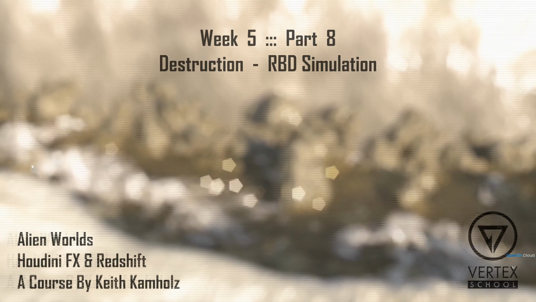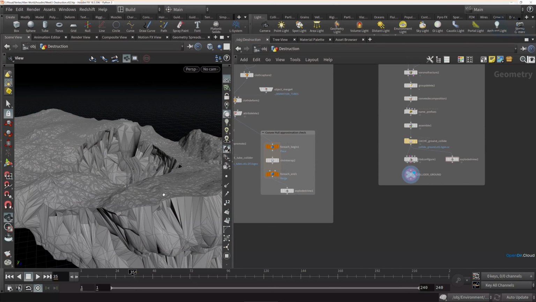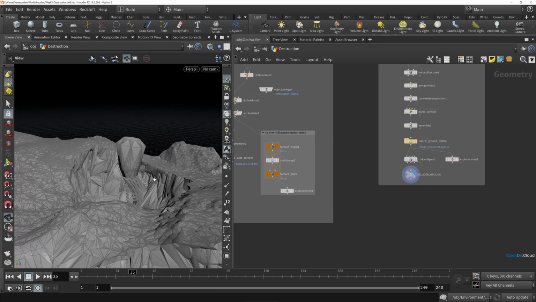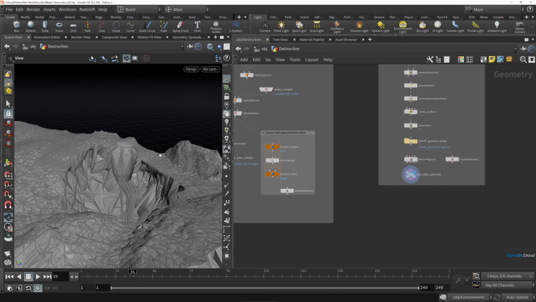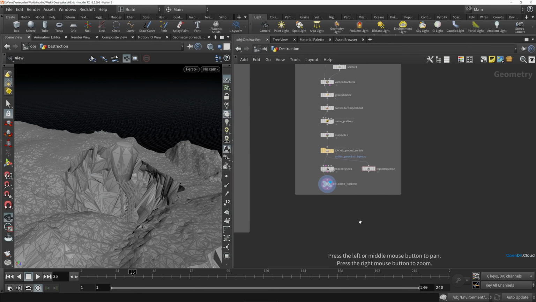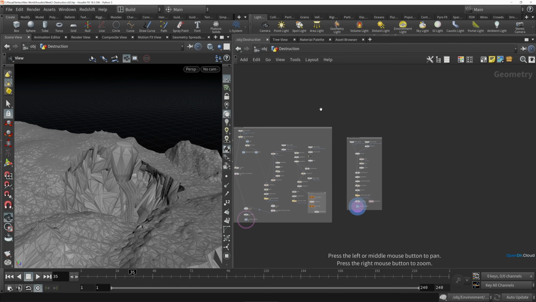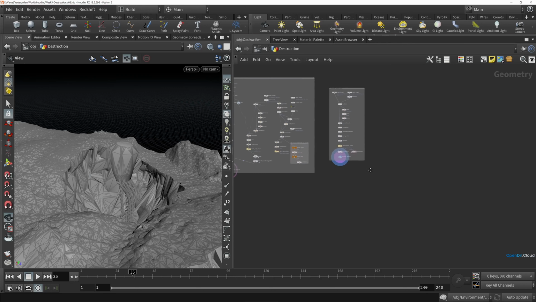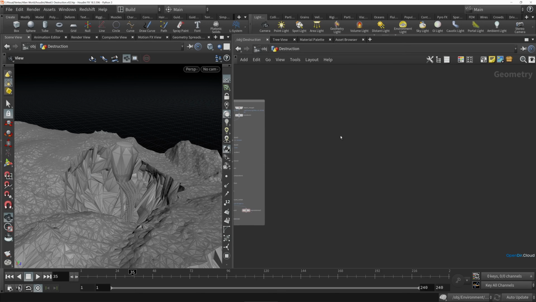So now that we've done all the prep work for our destruction sim, we've fractured the area of interest, created the colliders for the creature, and also a nice collider for the terrain as well. Now we can finally set up this RBD bullet simulation. So we're in this destruction geometry object section here, and we have our colliders in here, but let's also merge